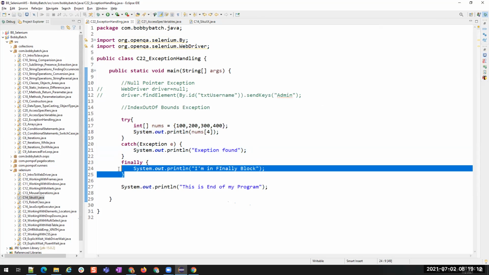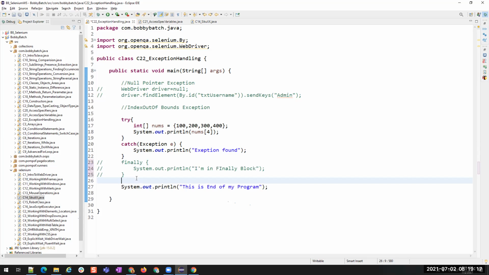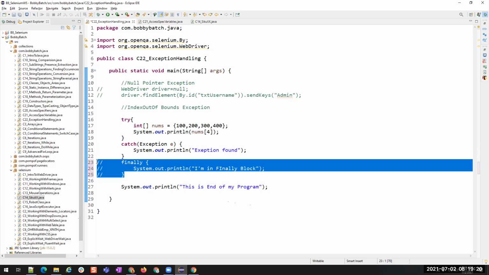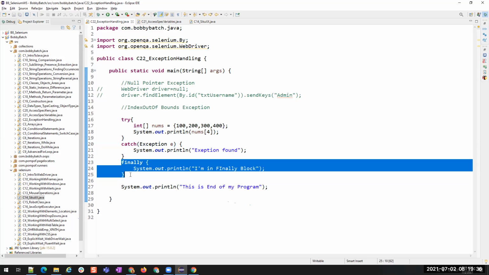So finally block is not mandatory. You can have it or you may not have it. Generally we use this finally block for code clearance. Like you did some operation and you want to revert it, or you created some objects and you want to kill those objects, or you want to clear all the mess that you created. Then you use this finally block. Otherwise, you are not going to use this finally block. You understood the try, catch, and finally? Basics of exception handling. Is that clear?